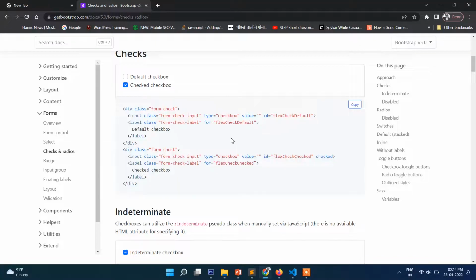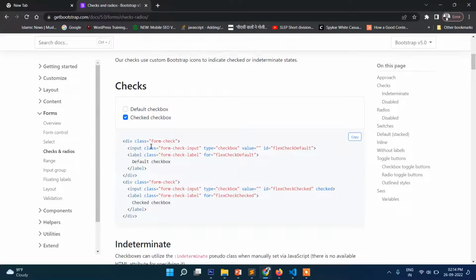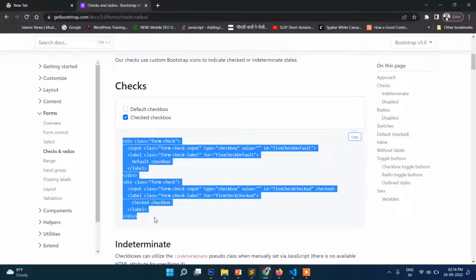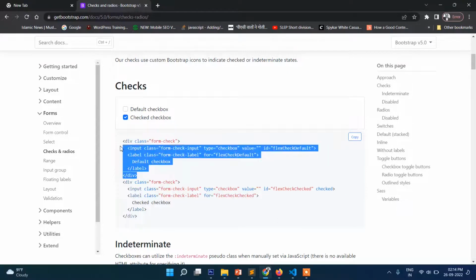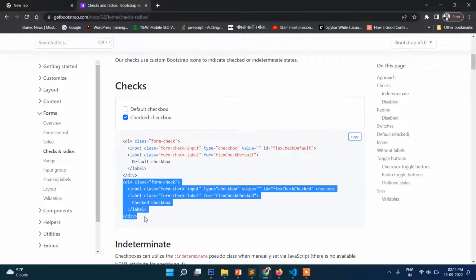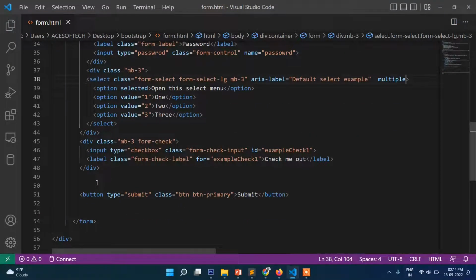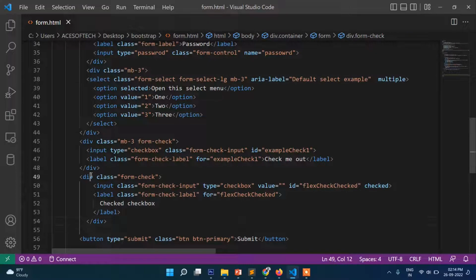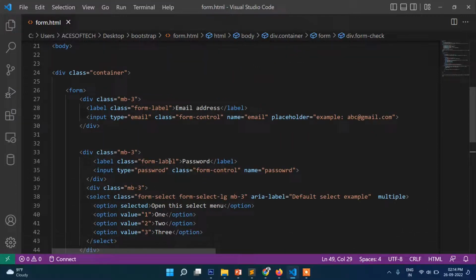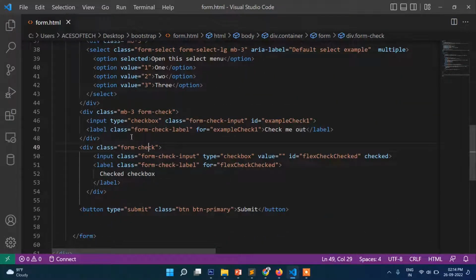And for checkbox, these are the classes: div class form check, and for the input box form check input. That's it. And this one is for class form check label. So if I copy here and check, if you want to show it, check. So in div class form check, it is already there. Form check, and then if you want to put this one also,